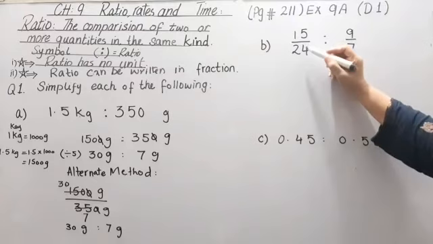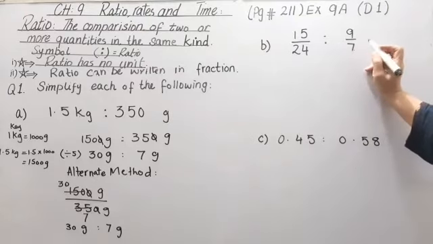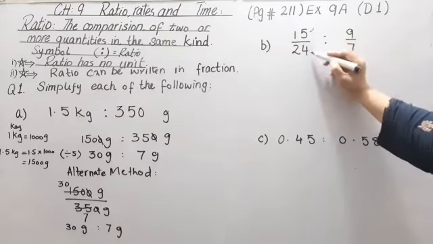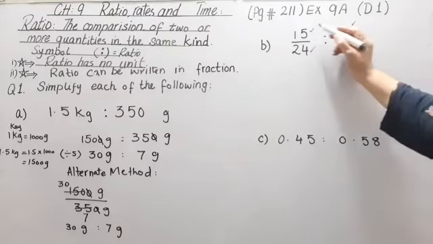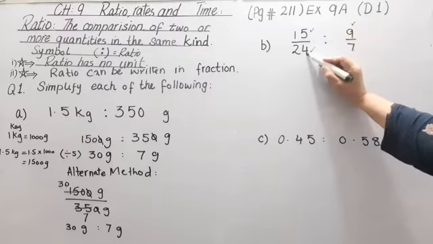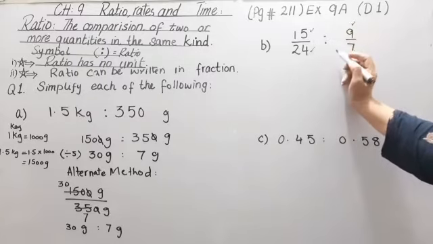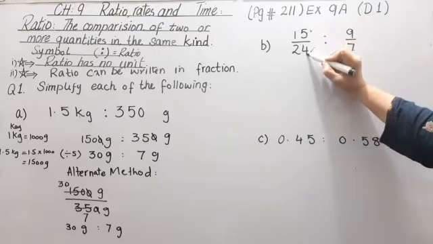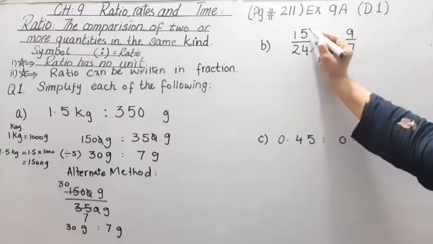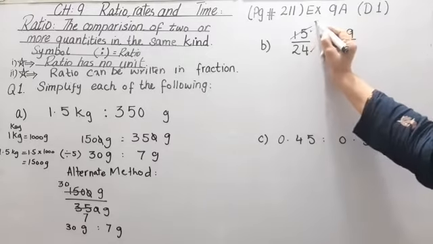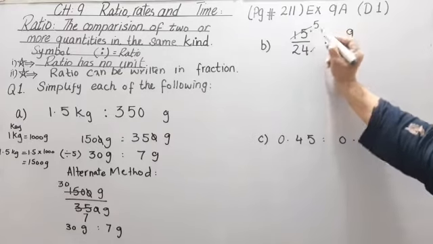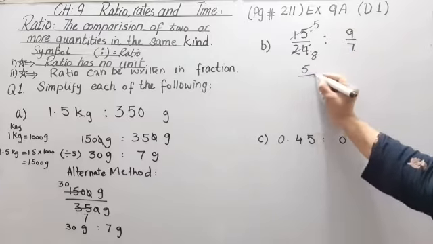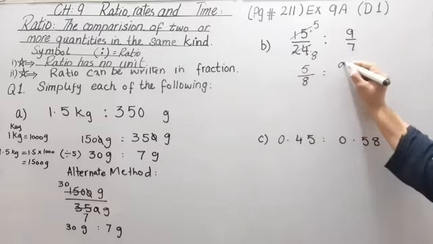Second type of question is the fractional questions of the ratio. First we see the terms here, we simplify numerator with numerator, denominator with denominator, but we can't cross multiply. Remember this. So this will be cut on the same table. So we use here 3 5s are 15 and 3 8s are 24. Now it will be 5 by 8 and this is 9 by 7.